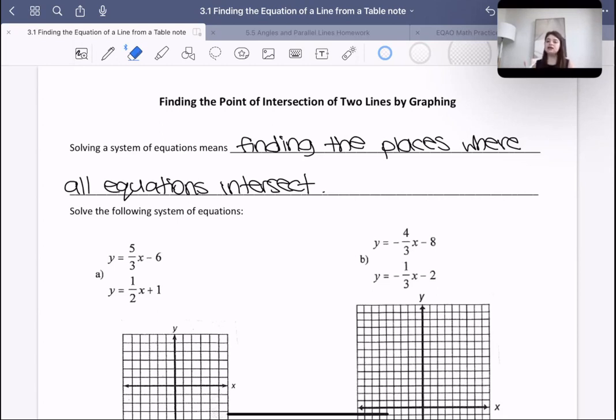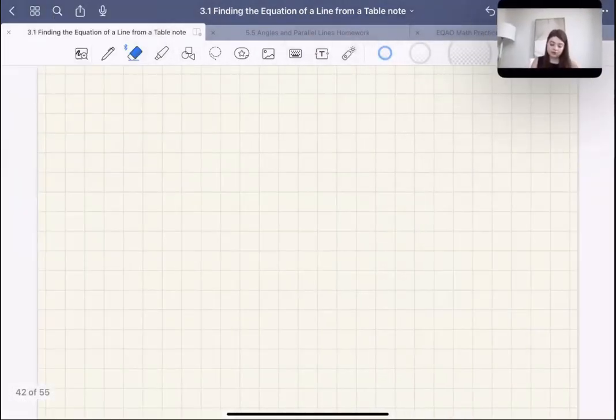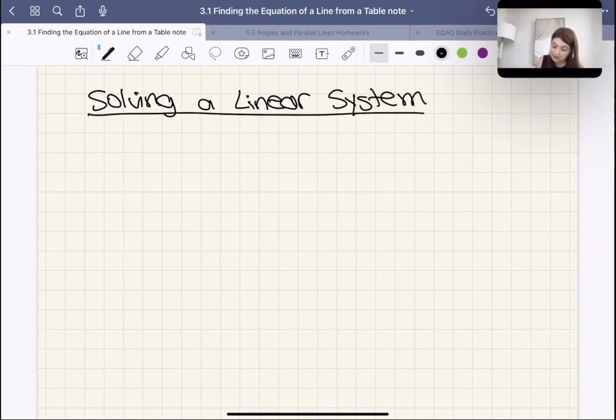Now, technically, there are two other possibilities, and I'm actually going to go over all three. But let's first start with the most obvious, most common one. When it comes to solving a linear system specifically, there are only three things that could happen, and two of them are pretty rare. There's one main thing that happens most of the time. Okay? So, the first thing that could happen